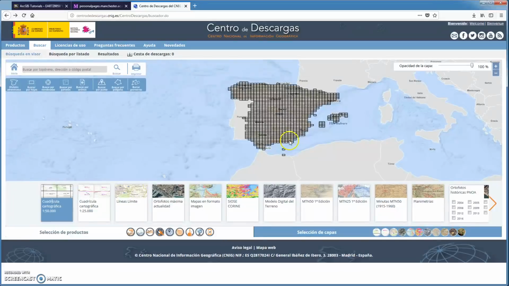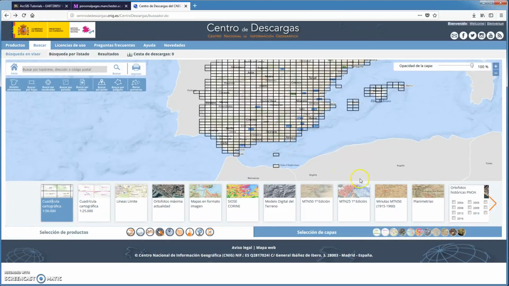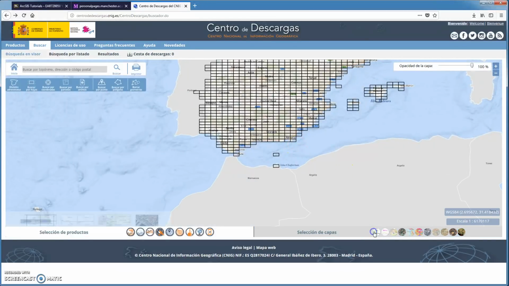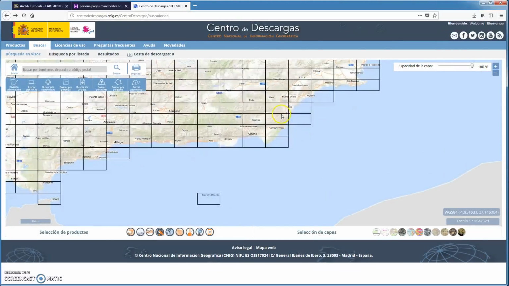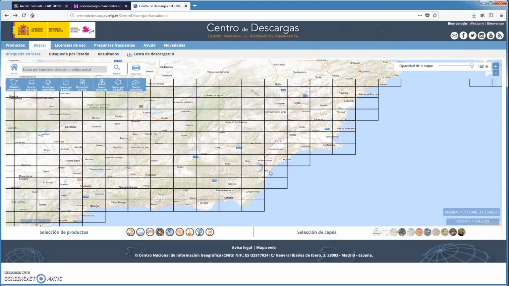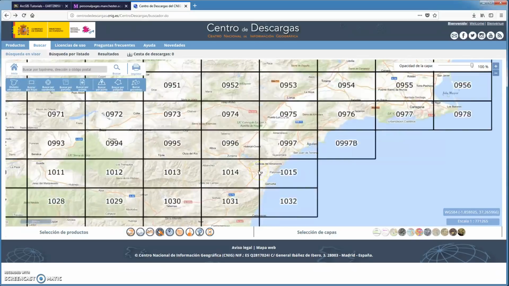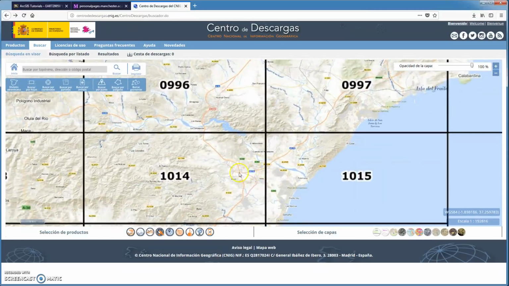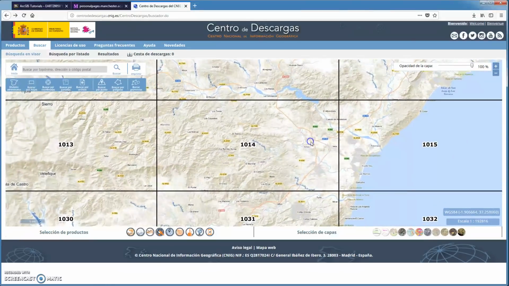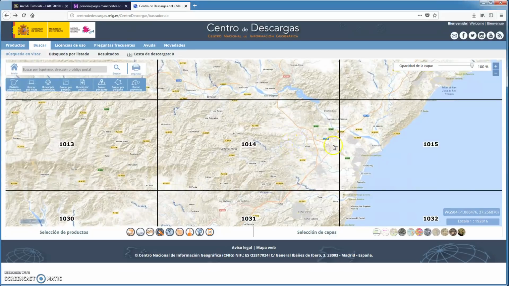Then we want to zoom into an area of the map. Get rid of this. We can zoom in. So I'm going to zoom in on southern Spain. Okay. So I think the people in southern Spain mostly mapped in this sort of area around here. So it's mostly on this sheet 1014. Okay. So then what I want to do is I go to